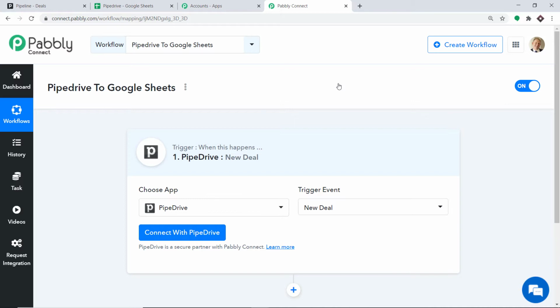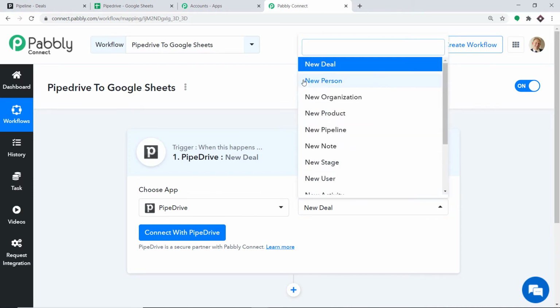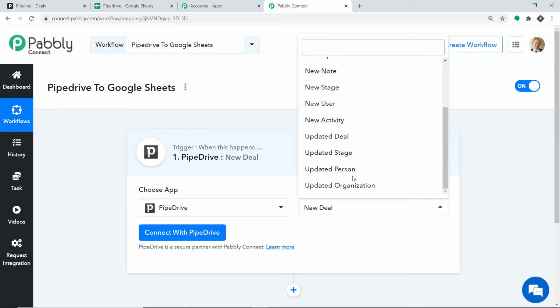So your obvious question is, what is a trigger event? A trigger is basically an if statement. It asks a question: if the condition is met, what should be done? For example, if a new deal is made, then what action should be taken by the system? Actually, there are many more trigger events such as new organization, new person, new product, new pipeline, new node. All of them are a bunch of trigger events.